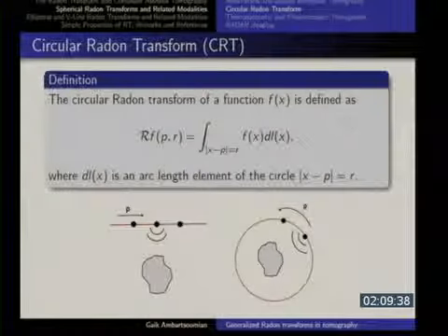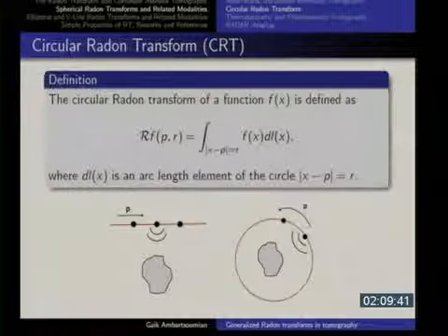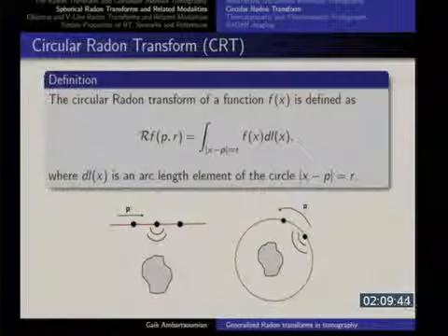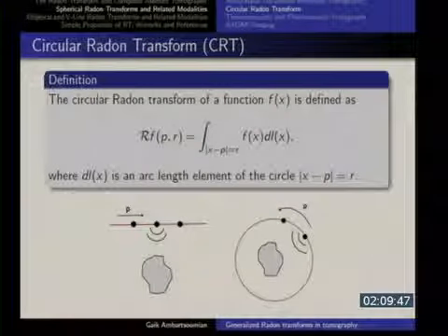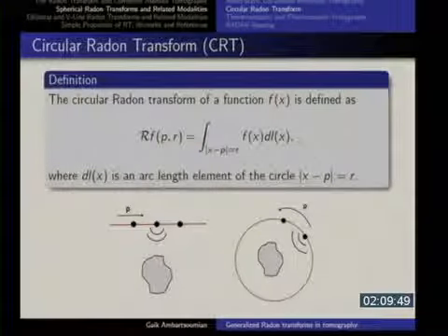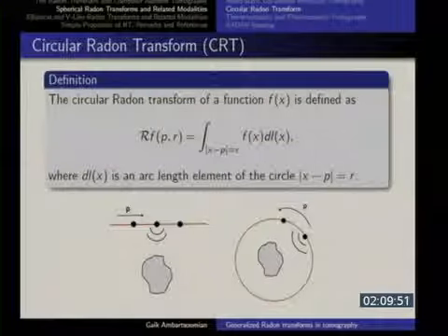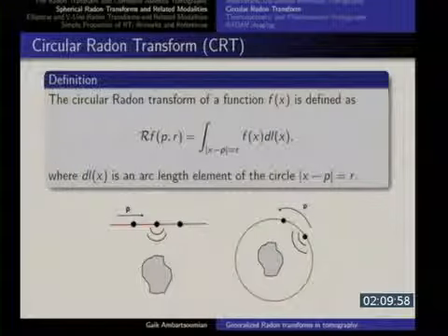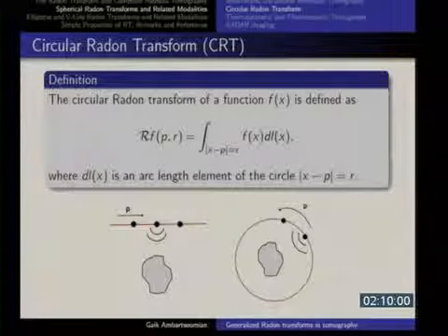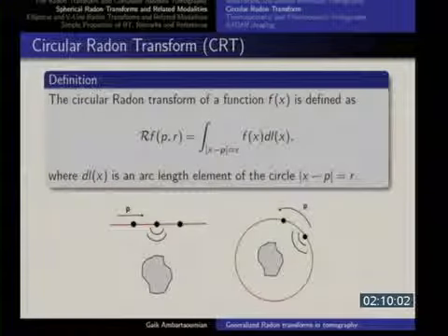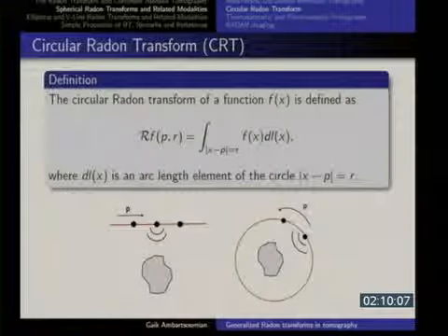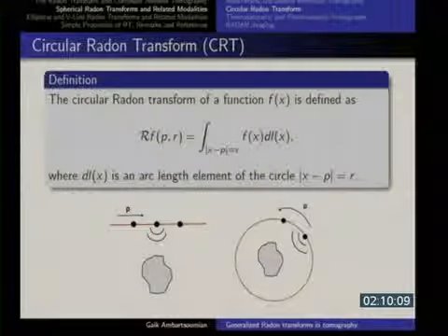You have one parameter for the location of the center, for example, polar angle. And the other parameter would be the radius of the circle. Then the radius, again, corresponds to the time that it took you to hear the echo, and the other one is the location. In the other problem with the intravascular things, you would have the same thing, but the image would be outside. So this is the interior problem. The exterior problem is when the function is outside. Or you can have some linear detectors, so you can put things like this along my body and try to image inside along the straight line and so on.